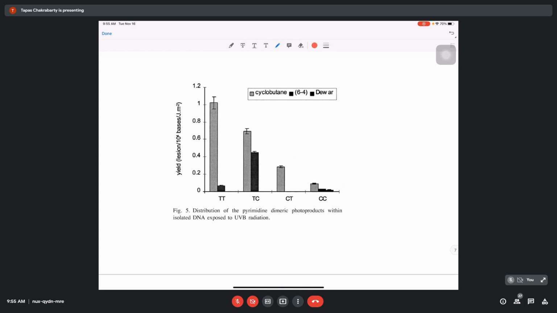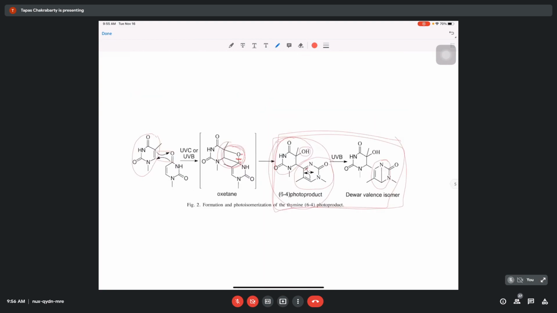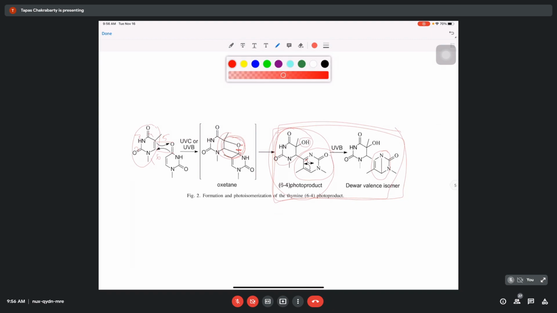Now there is also a study of the extent to which different final products form. One example that I gave you here is this Dewar valence type of isomer, and a 6,4 kind of photoproduct. The 6,4 depends on the nomenclature. If you say this is number 1, this is 2, this is 3, this is 4, this is 5 and 6. So 5-6 dimerization is common, and this is called the 6-4 product. It defines which positions of the ring of one molecule are combining with another molecule, and that is how you define the final product.